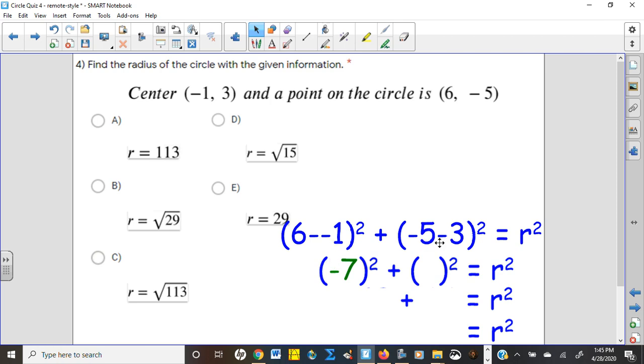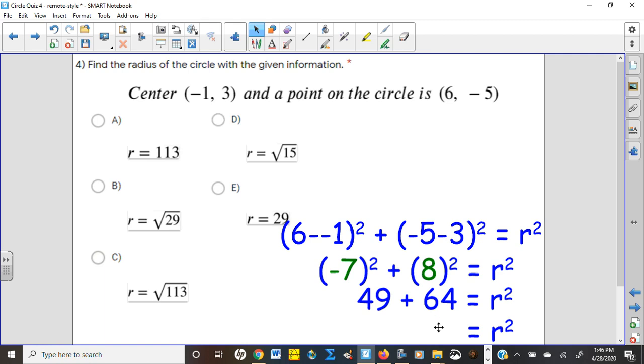Negative 5 minus 3 is negative 8, although if I put it in the opposite order, 3 minus negative 5, that would have been 8. Either way, they're going to square to positive values. So that's going to give us